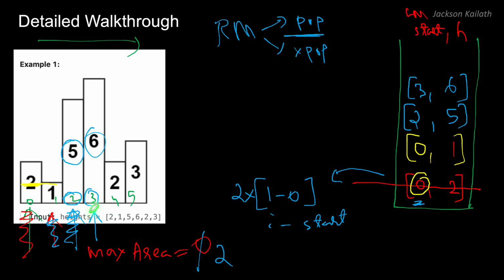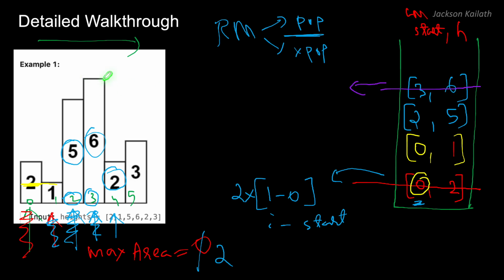Again, I move the pointer ahead. We come over here and the value is equal to 2. Now 2 is less than 6, which means that I will not be able to extend 6 any further to the right. Therefore, I will pop this from my stack. Okay, I'll pop this from my stack, and when I do that, I have to find the maximum area I